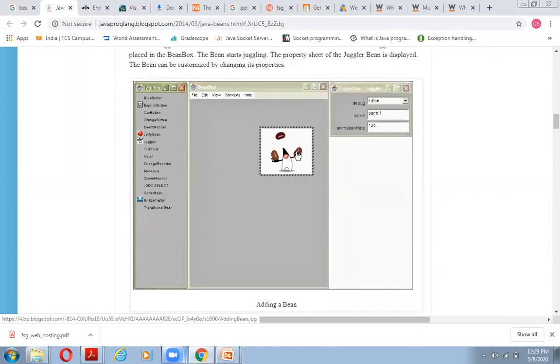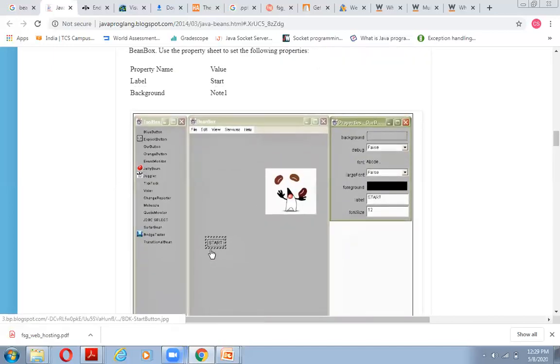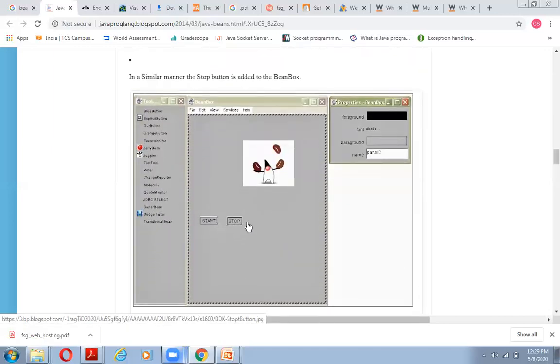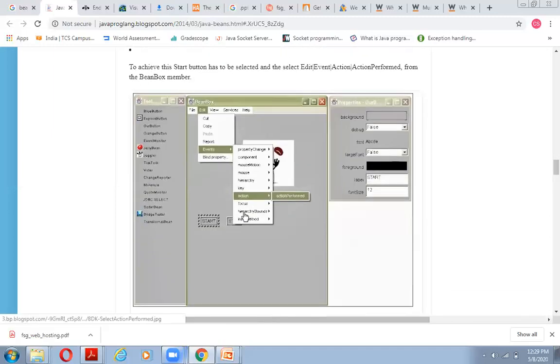We just drag this onto the BeanBox content, and we got this. After that, we made a start property, and the start property has been defined here. Then we made a stop property, and the stop property has been defined here. Finally, with the help of the event, we are adding that action to this image.